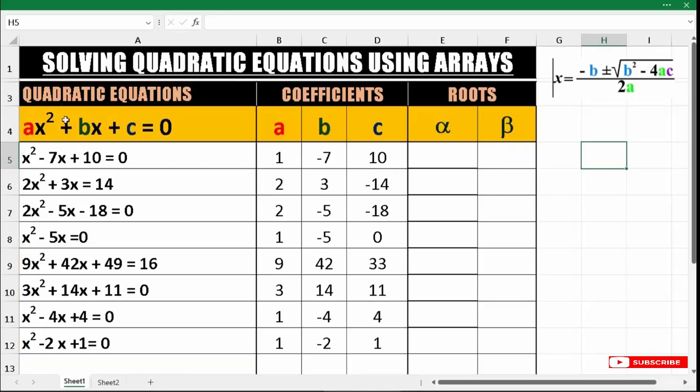The first one here is the standard quadratic equation, where on the right hand side we have a 0, and on the left hand side we have ax squared, where a is the coefficient of x squared, then b is the coefficient of x, and the third term is a constant c. So x is the variable. Here we have all these equations which we shall try to solve